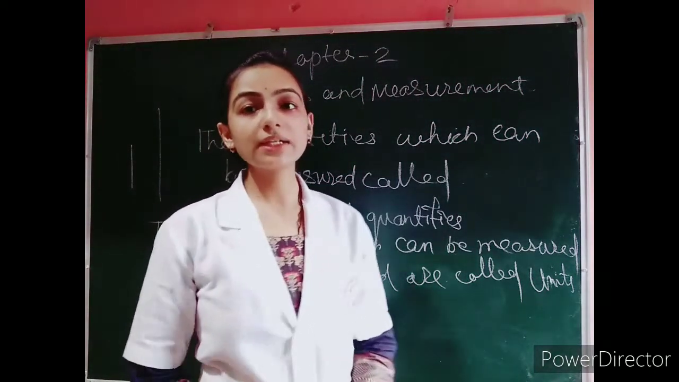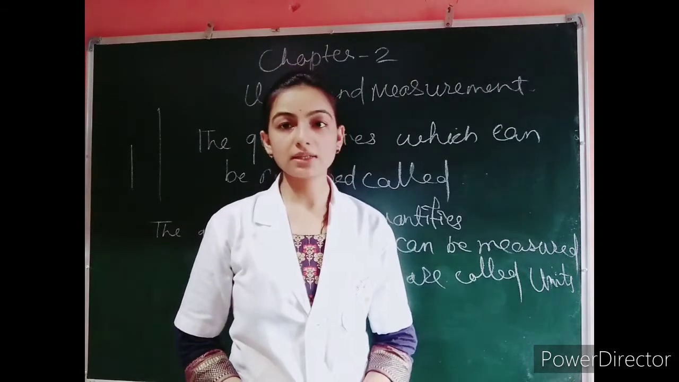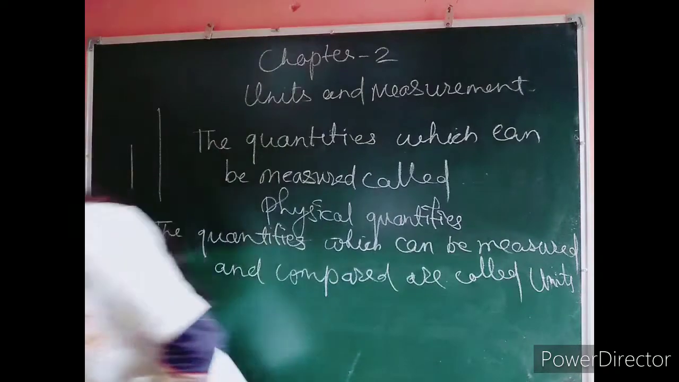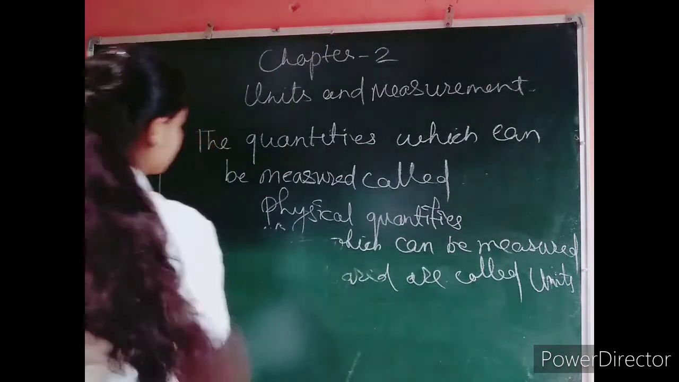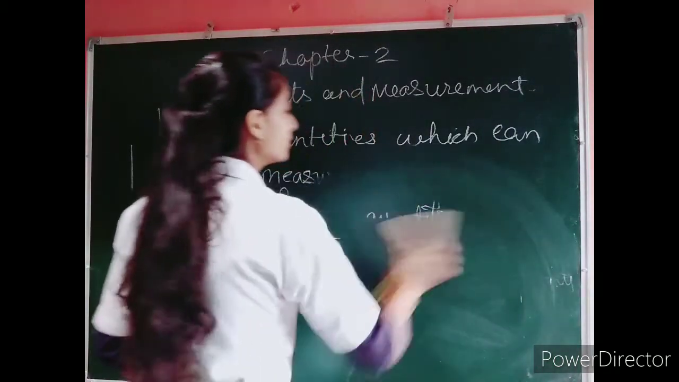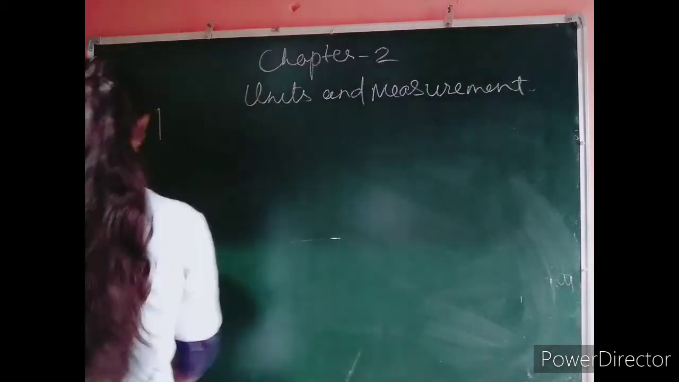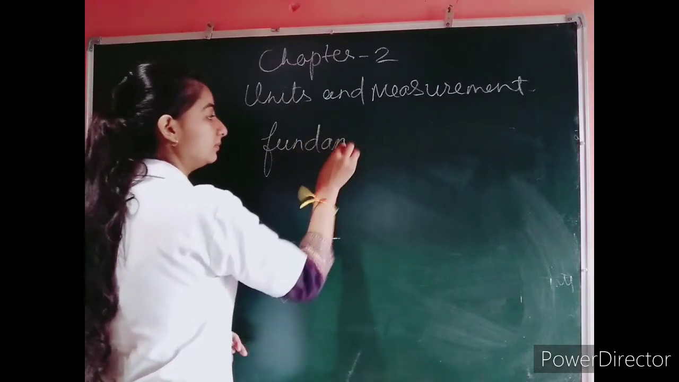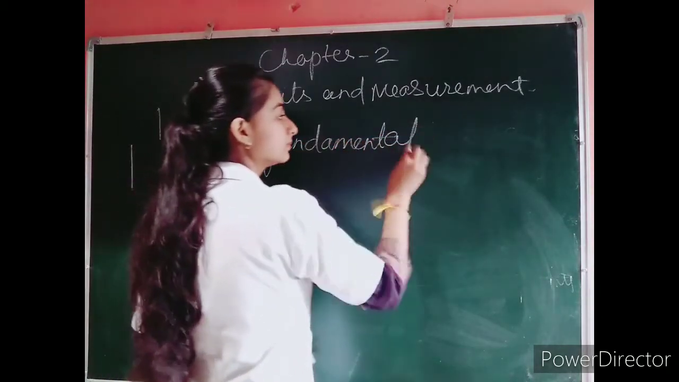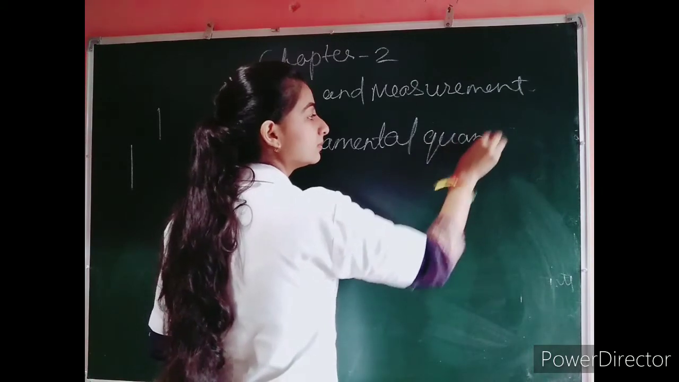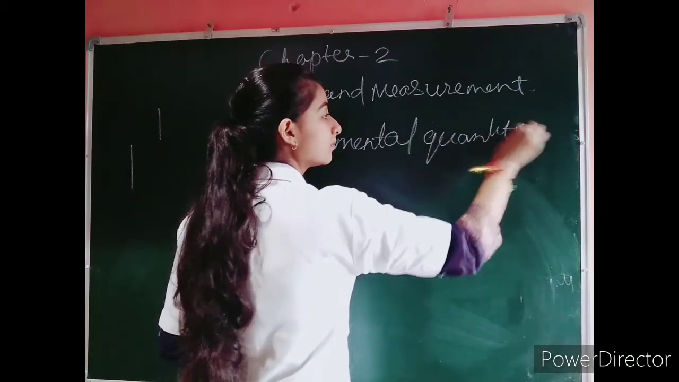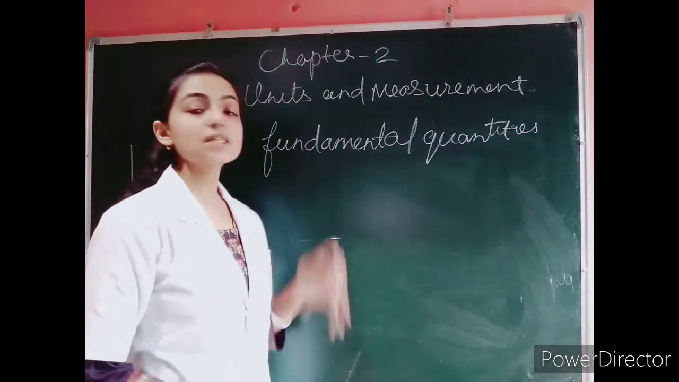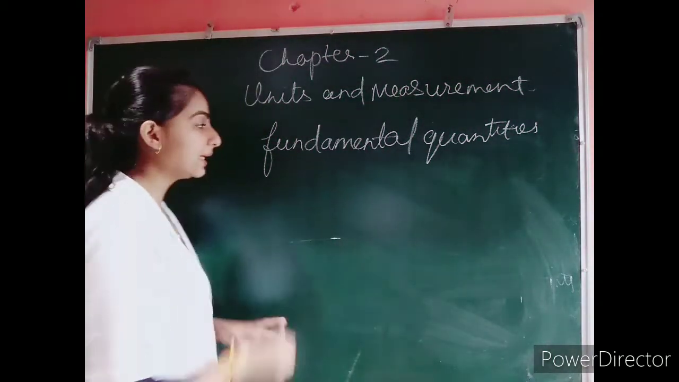So now these quantities can be divided into two parts. First is fundamental and second is derived quantities. Now what are fundamental quantities? First we will see fundamental quantities. Fundamental quantities are those which are independent of each other, like length,